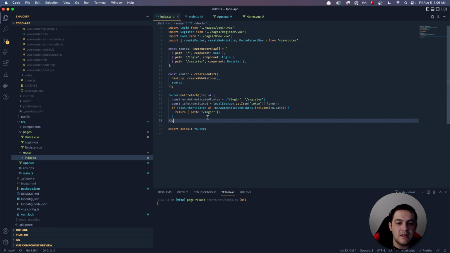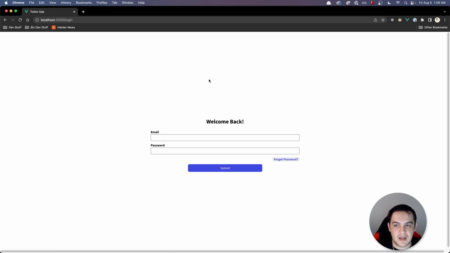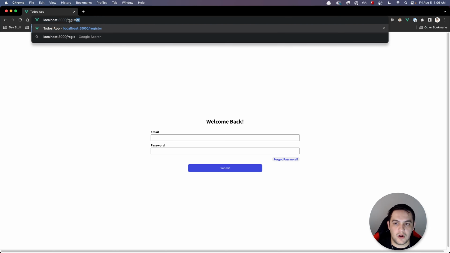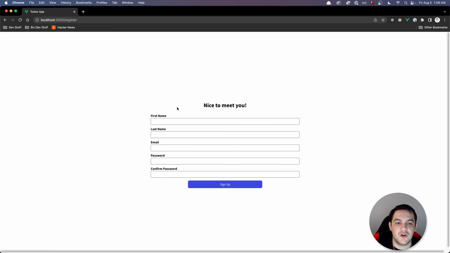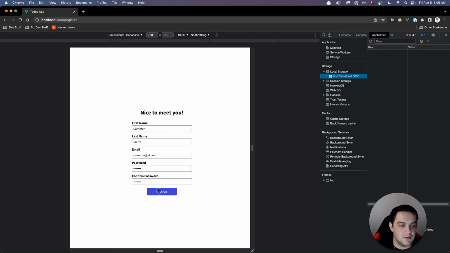So now what we need to do is check and see if this is actually going to work. If I try to authenticate, am I actually able to land on the home page? So we'll say Cameron Smith, why not, at yt.com. And then we're going to have our password. We're going to sign up. And hard to tell right now, I need to adjust some of the styling, but